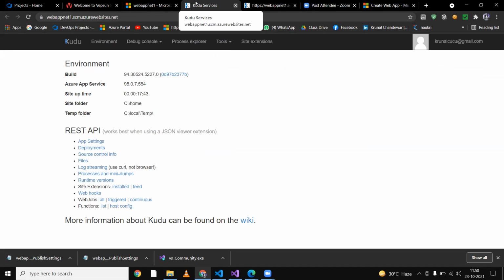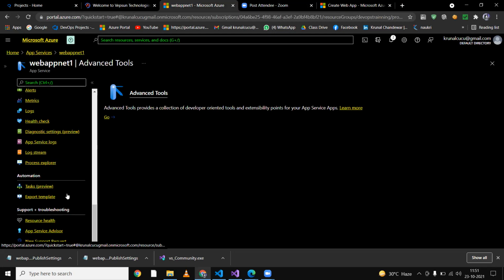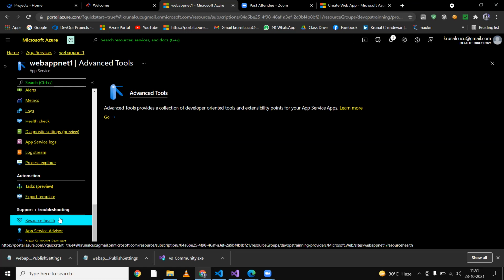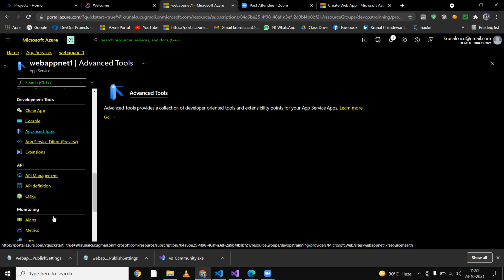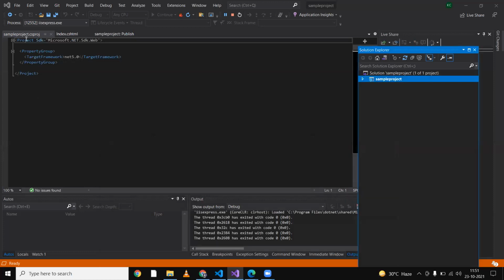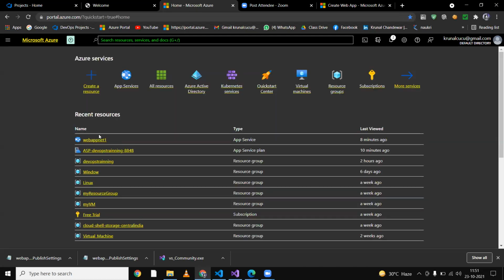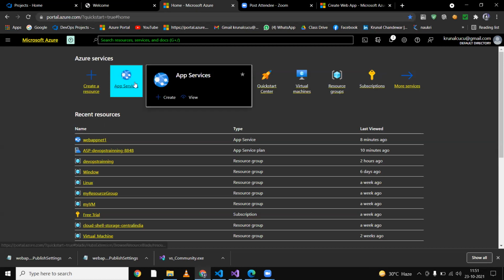So what is our next task? Our next task is, okay, you can make your own web app. You download that Visual Studio, and whenever you download Visual Studio, as I told you, install the Community 2019 version, and before that you go to the app service and make one web app.